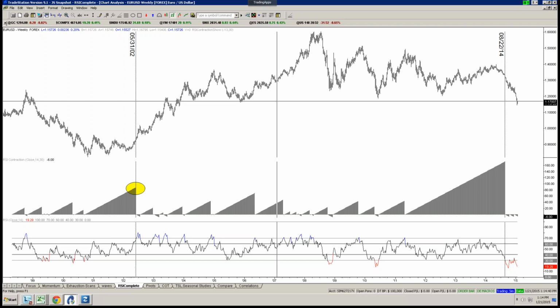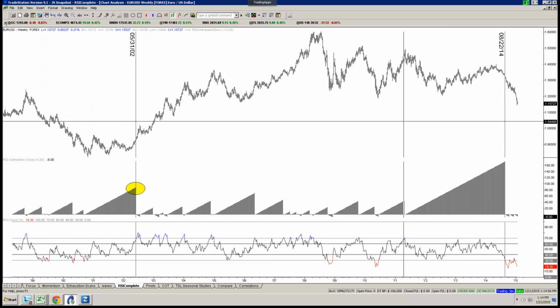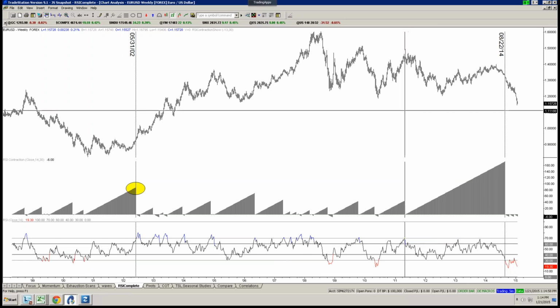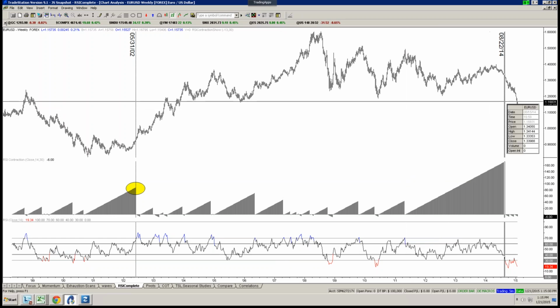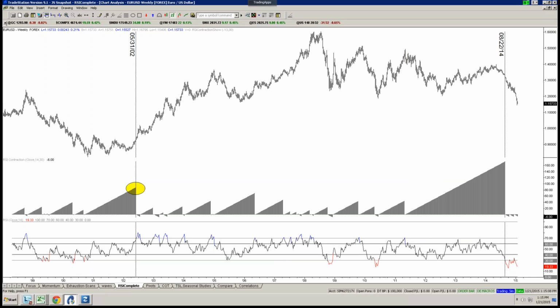We all know that typically strong trends are accompanied by very high RSI readings, and strong bear trends are accompanied by very low RSI readings. And we hadn't had on the weekly chart an overbought or oversold reading in RSI on the euro since 2011. So we had going on 3 years, and 3 years almost exactly, we finally topped here, and then we registered an oversold reading in August of this year, and that was actually more like the beginning of this trend to the downside.